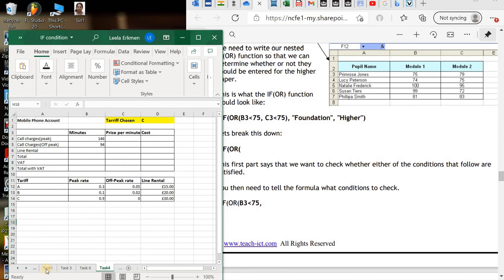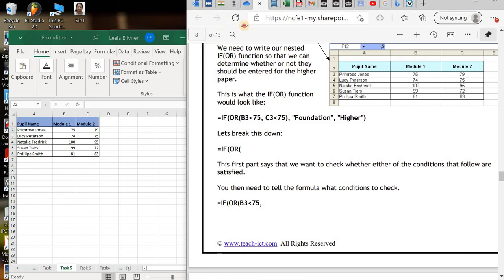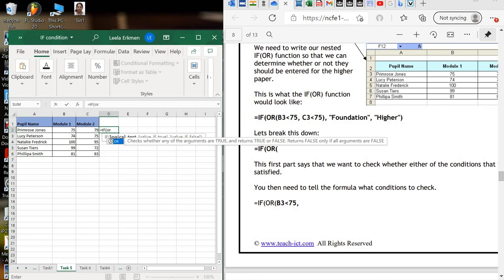Let's see what the task number is. Task 5. I have done it here. I'm just going to write the formula first and see what comes up, and then I will explain it in detail. Equals IF(OR, which is a statement. In my case it is B2, student. IF, OR, open the bracket, B2 less than 75, comma, C3 less than 75, then you will get